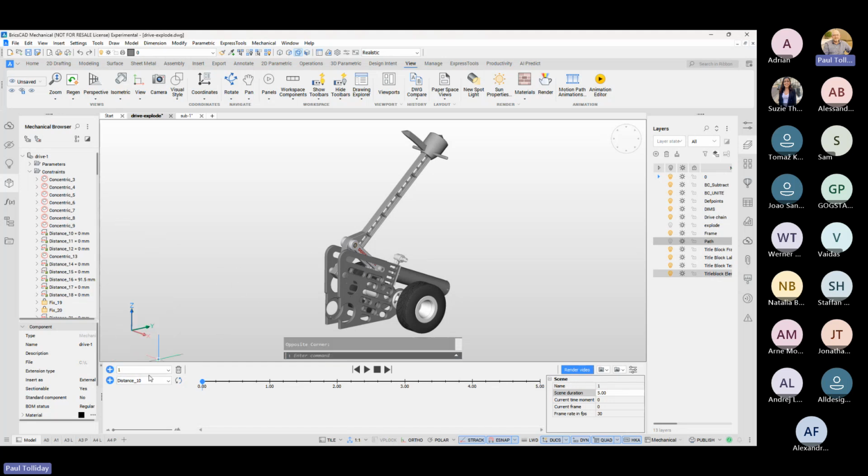The other thing we've got up there is a camera. That's quite important, because it's going to be the view that you're going to see in your animation. If you don't add a camera and we just hit the render button with nothing happening, you will just see this view as a static view. If you add a camera,